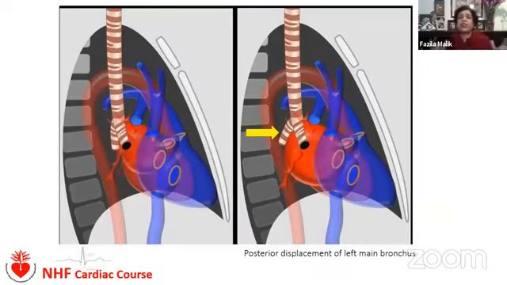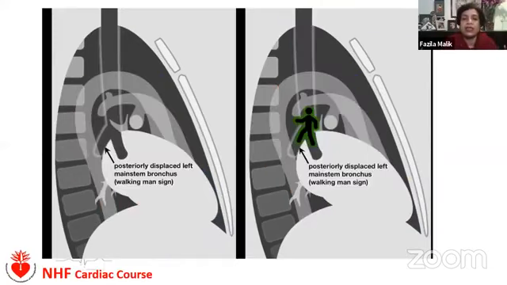So when the left atrium is growing, it grows not only towards the right and the left, it also grows upwards. And when it grows upwards, what structure does it impinge on? It impinges on the main bronchus. And it causes posterior displacement of the left main bronchus. So the left main bronchus moves posteriorly. And in the lateral X-ray, you can clearly identify the two bronchi separately because the left main bronchus has moved